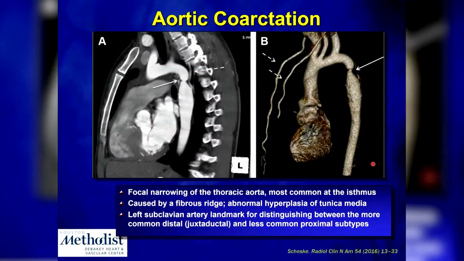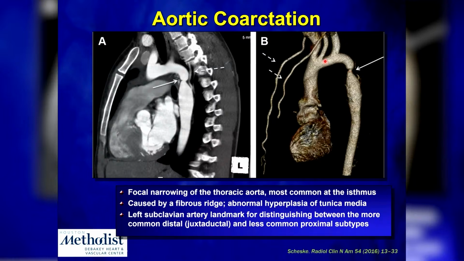Now, moving on to a different aortic disease pathology, in this case the aortic coarctation. By definition, it's a focal narrowing of the thoracic aorta, and most commonly it's at the juxtaductal segment, right at the isthmus, and it's usually caused by a fibrous ridge and an abnormal hyperplasia of the tunica media. Notice how the left subclavian artery is usually the hallmark for distinguishing the juxtaductal from the preductal, which is